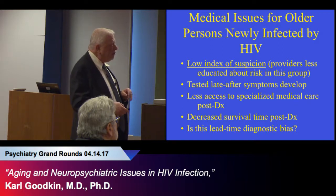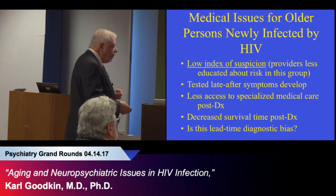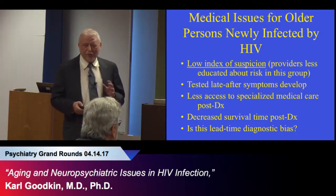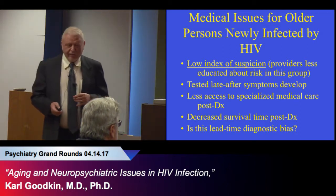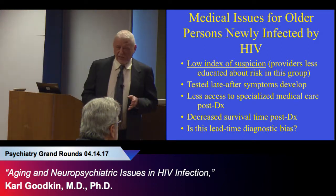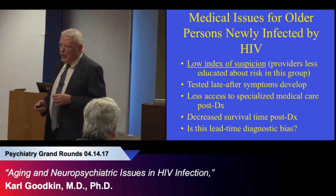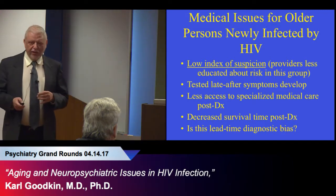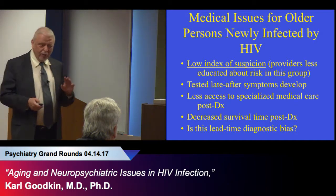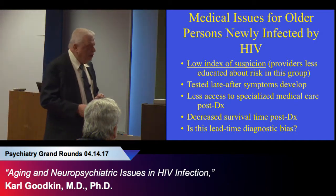What are medical issues for older persons newly infected by HIV? Well, a big one is that there's just a low index of suspicion out there that older people have HIV. Now, should that matter right now? The answer is no, because CDC recommends that everybody in the US should be tested for HIV at least once in their lifetime, regardless of risk. Just so you know that. We don't play the risk game anymore. But